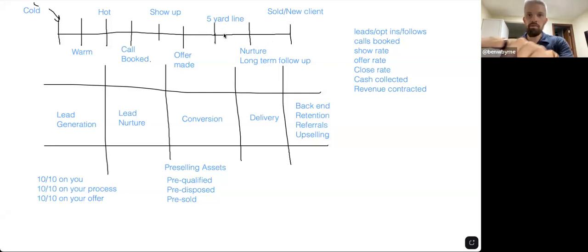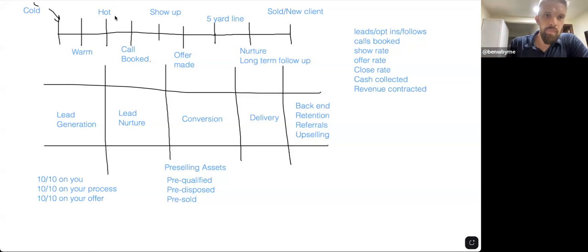And then basically what we do is we work backwards. I would go, okay, let me hit up all the people I've spoken to. First of all, at the 5-yard line, because these guys are recency, right? We want to talk to these guys, and we talk to the people that we haven't made an offer to, somewhere between them showing up and then them buying. If we sent a call booking link or invited them to a call, but they didn't book yet, we want to hit up these guys because they're way warmer.